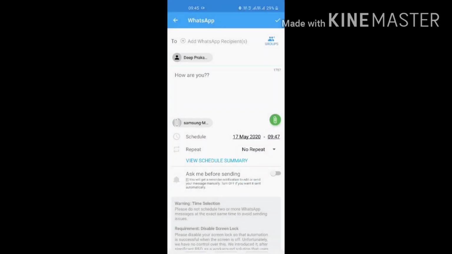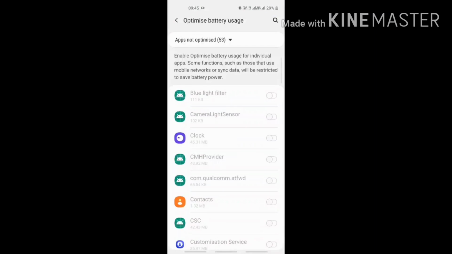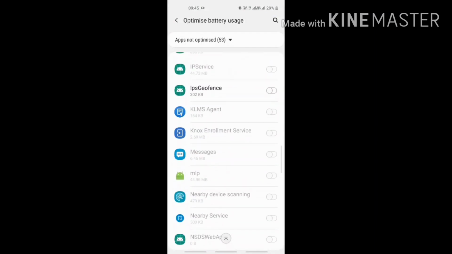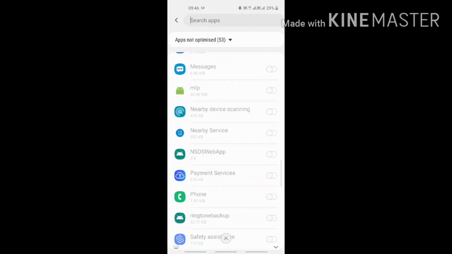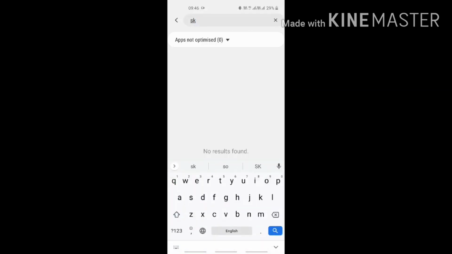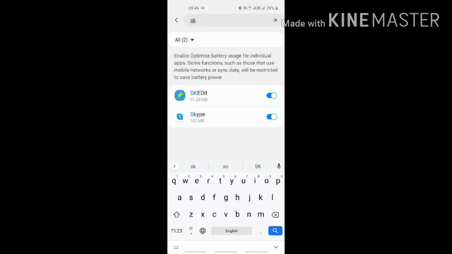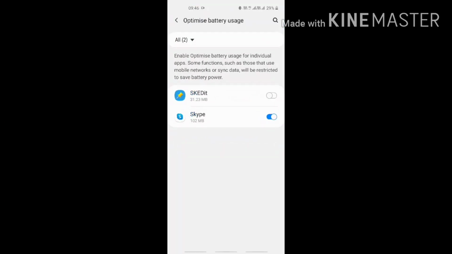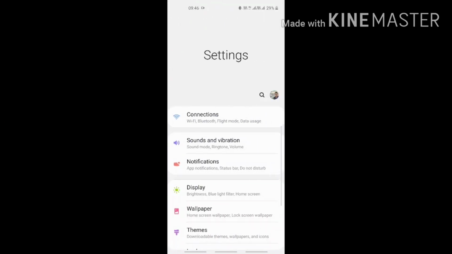So change battery optimization. Under apps not optimized, here you can find SchedIt. I am putting it off. Then I am going back to the previous menu.